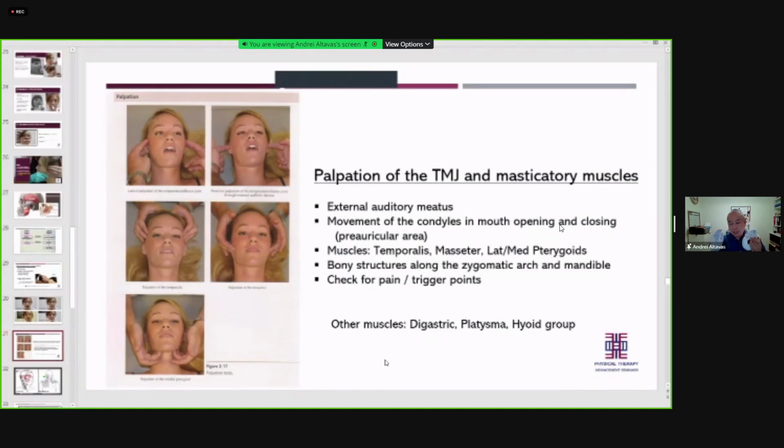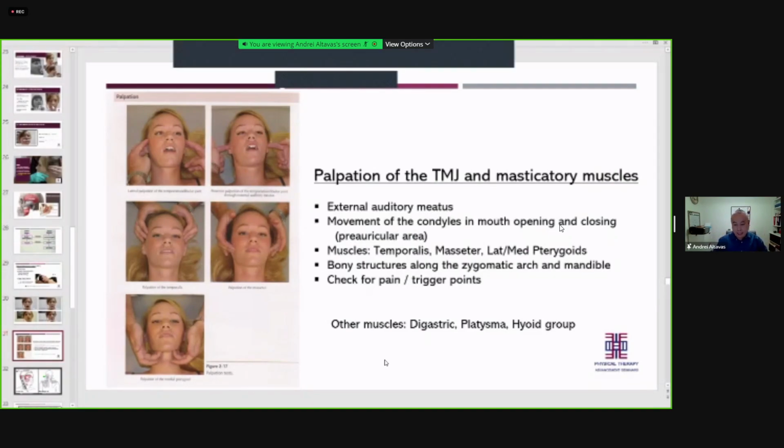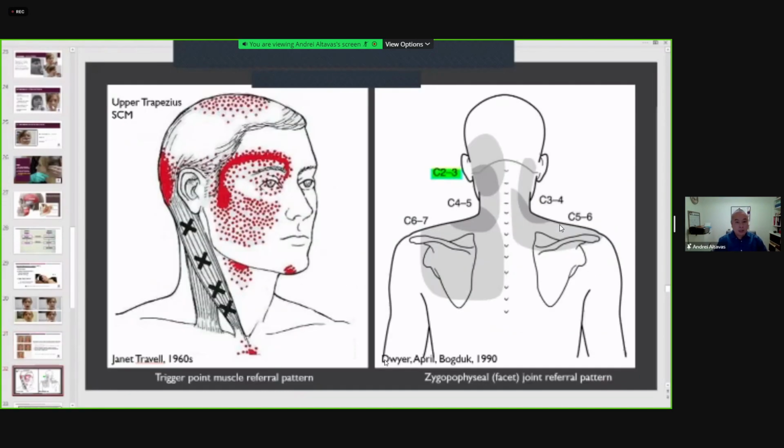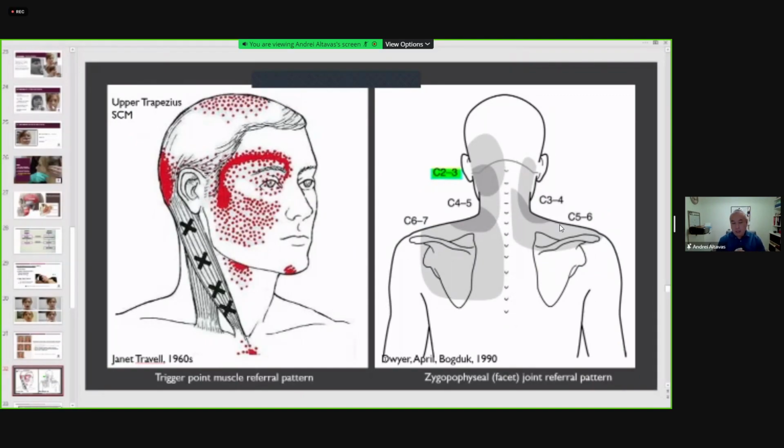So that's part of the examination process. It can be tender in that whole area, but it can also produce pain in different parts of the face. So check for pain and for trigger points. All right, so this is another, again, a nice diagram. Key muscles to look for, if you're looking for trigger points, is your sternocleidomastoid, okay, and your